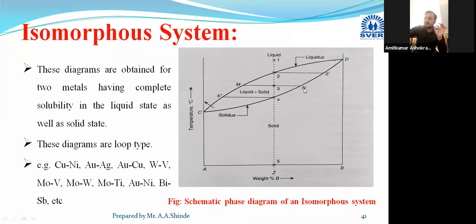And to calculate the amount of solid, you will get it from the solidus line, and here you have to view it from this solidus line. From this side, apply the lever arm principle. Amount of solid is equal to the opposite arm, that is 3M. The lever arm is divided in 2 parts, then you have to consider the opposite arm. From this solidus line, you will get the solid amount. Amount of solid is equal to the opposite arm length, that is 3M, divided by the total arm length, MN.